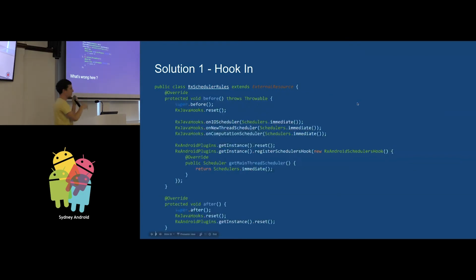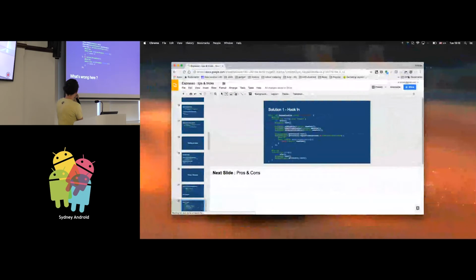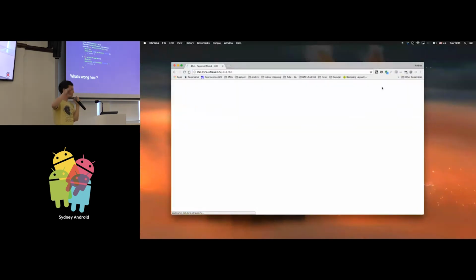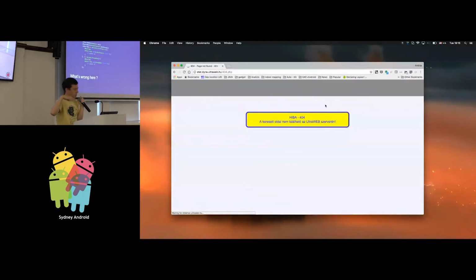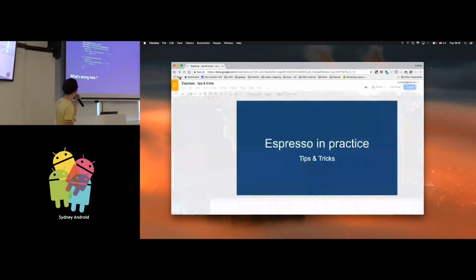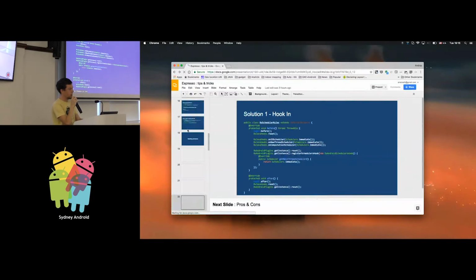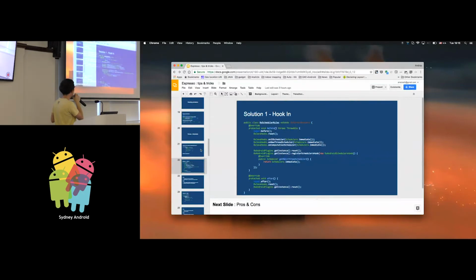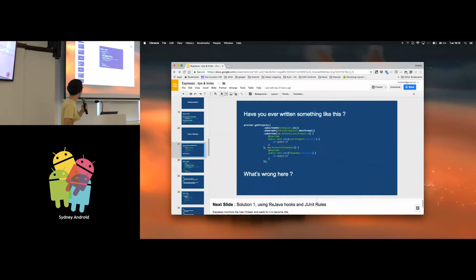You usually have something like this. Don't mind that there is no lifecycle management here. Basically, you want to execute your network requests in a background thread, like on the IO scheduler, and then you want your callbacks on the main thread so you can update the UI in a safe fashion. So the problem here is that when you run your tests,